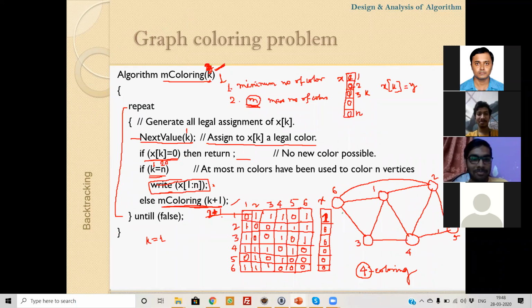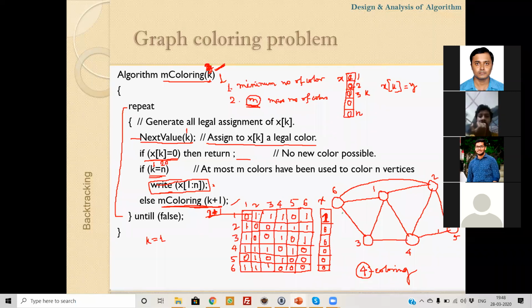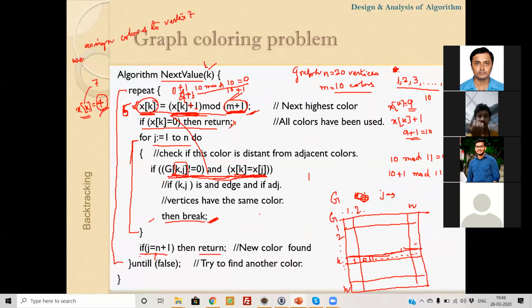Let us check, k equals 1. Vertex 2 is adjacent. How do we check?